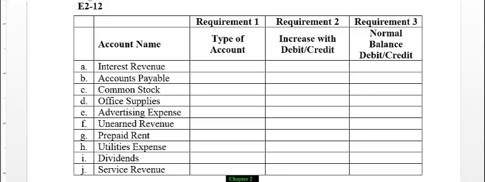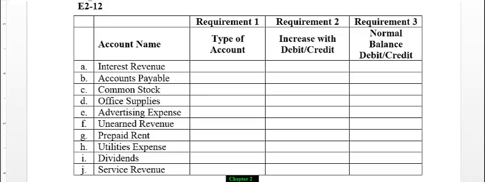The second requirement is to identify whether the account is increased with a debit or a credit. Debit is where we're accounting for things that are recorded on the left. Credit is where we're recording things on the right of our T account. And the third thing is to identify whether the normal balance is a debit or a credit. The normal balance is going to be how a particular account increases. If a particular account increases as a debit, then the normal balance is going to be a debit. If a type of account is going to increase as a credit, the normal balance is going to be a